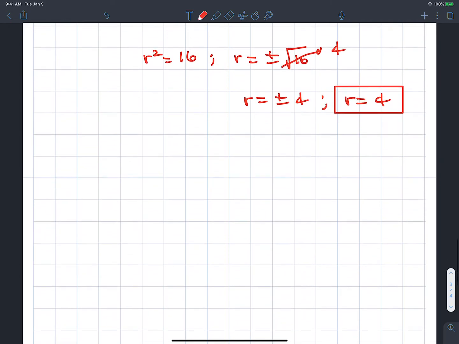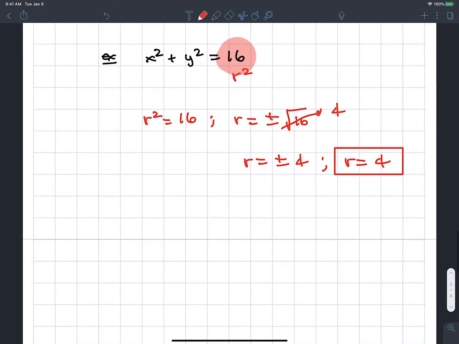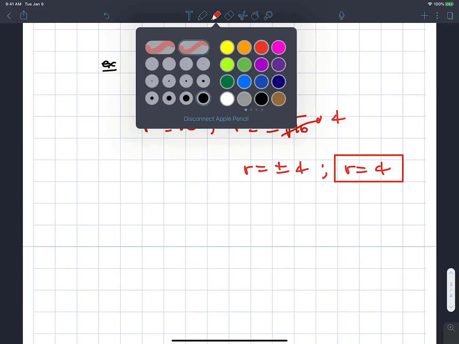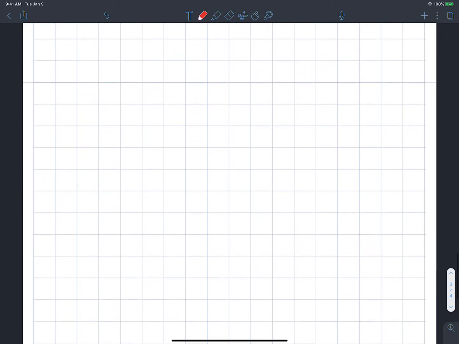So again, this is our first step. We have to find the radius value. R is 4. And really, you identify the curve here. You can say, I got x squared plus a y squared, and that equals some constant number. Well, that's the equation of a circle. So you identify the curve by looking at it. And that's how you go about this. So anyway, let's continue. You say, well, how do I graph? Well,